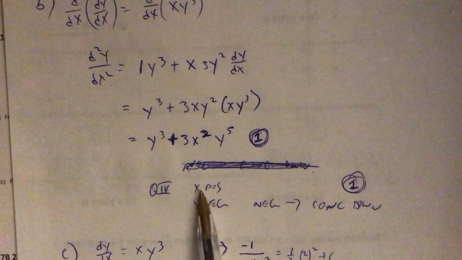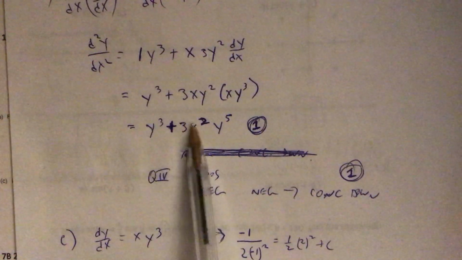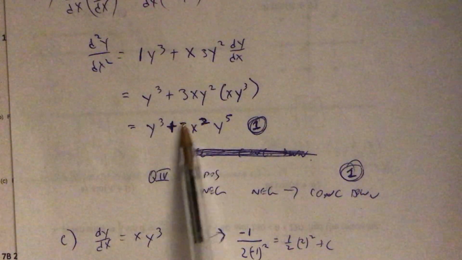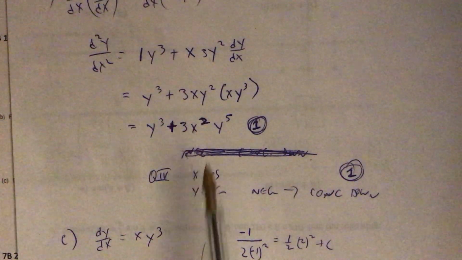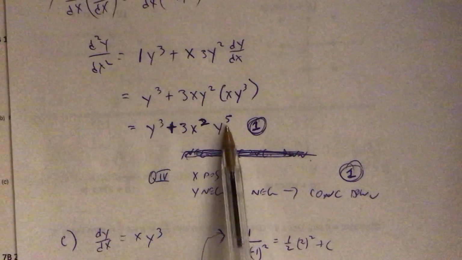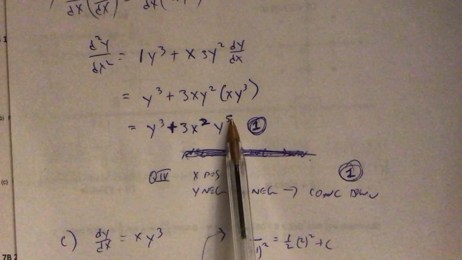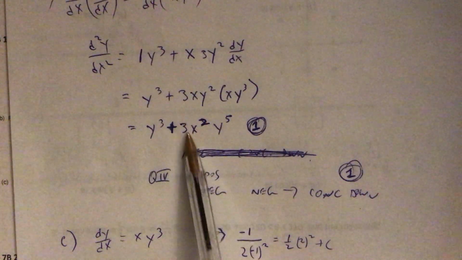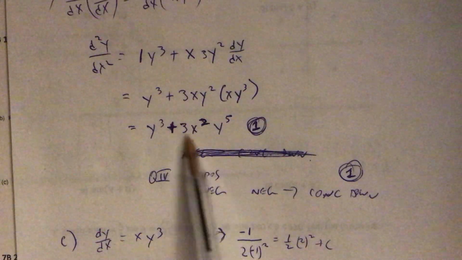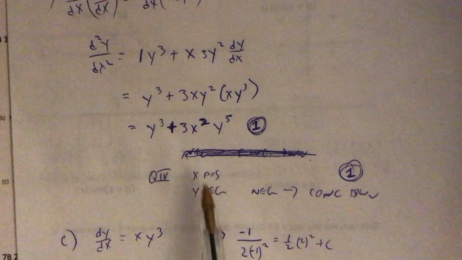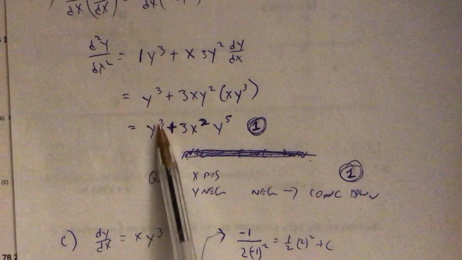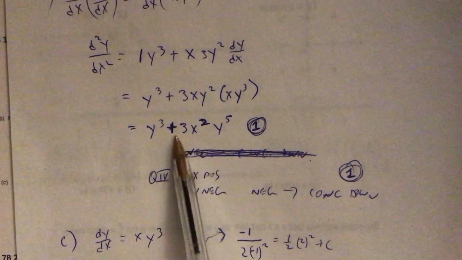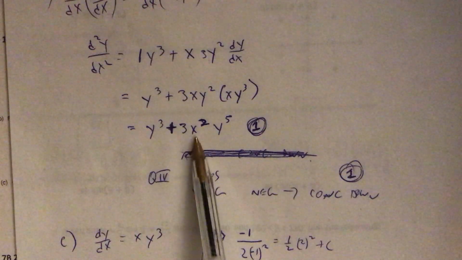If you plug these into the equation, any positive number squared will stay positive. So this whole part will be positive. I'm circling the 3x squared. However, if you take a negative number to the 5th power, it becomes negative. So this whole term, the entire thing that I'm circling here, will become negative. And then this part will also be negative. Since this number is negative and you're adding a negative number to it, for any point in quadrant 4, this